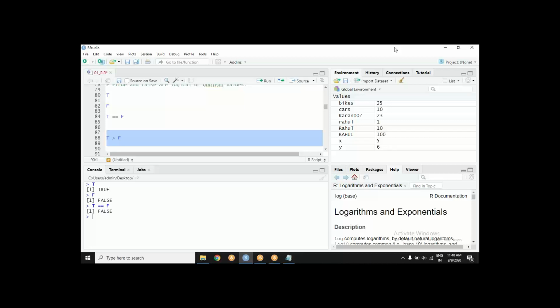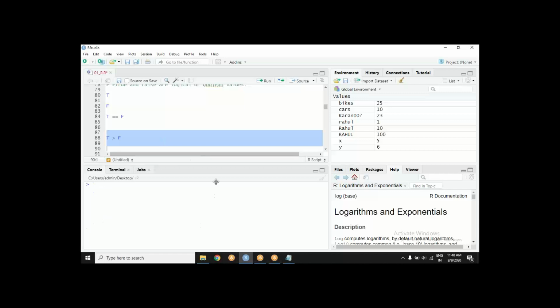Anybody who is surprised? It is happening because in Boolean we are calling them true and false, but in digital sense, mathematically, true denotes 1, false denotes 0. Since it is a mathematical operator, it will compare mathematical values. So true is greater than false. Yes, it is so.